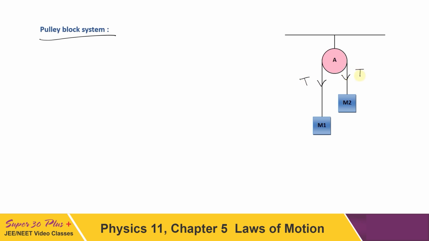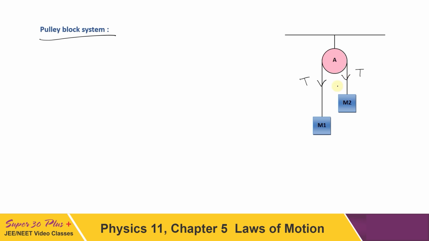So this is the first thing we have to consider, that the tension for an ideal pulley on both sides has to be the same. Here we are not considering any rotation of the pulley. That also has to be considered in a later chapter, but till now there is no consideration of rotation. We are assuming all the bodies as particle mass only, so there has to be equal tension on both the sides. So this is the situation for a pulley block system.